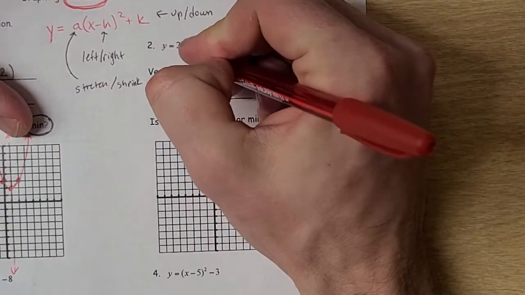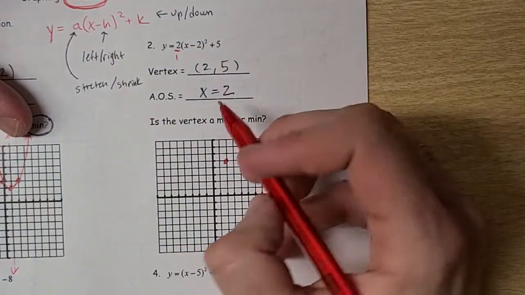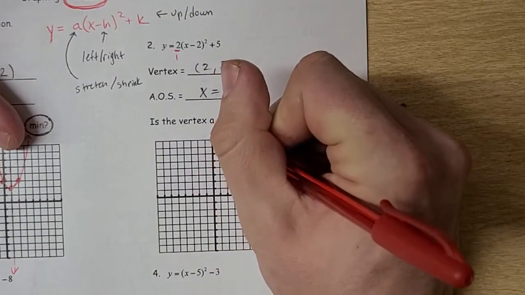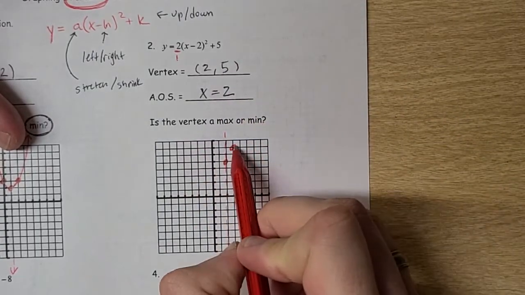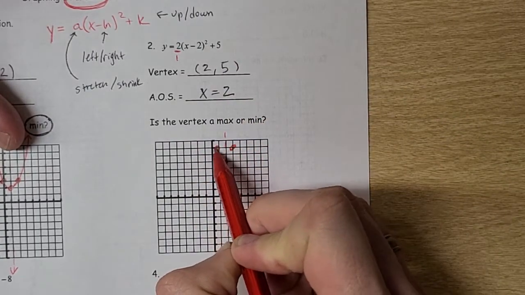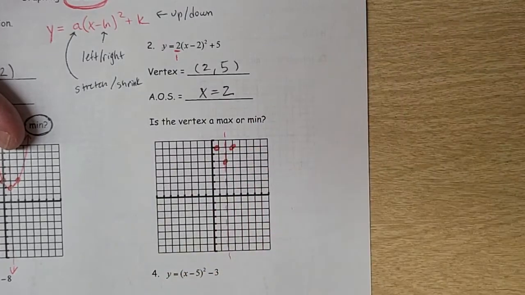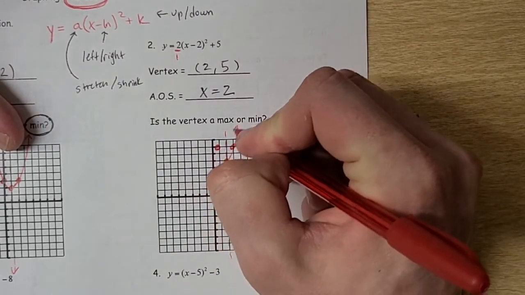Then I'm going to look at this number in front, and that's going to tell me the slope of the right-hand side. So it looks like up 2, right 1. And then remember, this is the axis of symmetry right here. And that's how I know that this is going to be mirror imaged on the other side, because my left side and my right side should be perfectly symmetrical. And remember, I'm not going to make straight lines anymore. I'm going to kind of make a U,